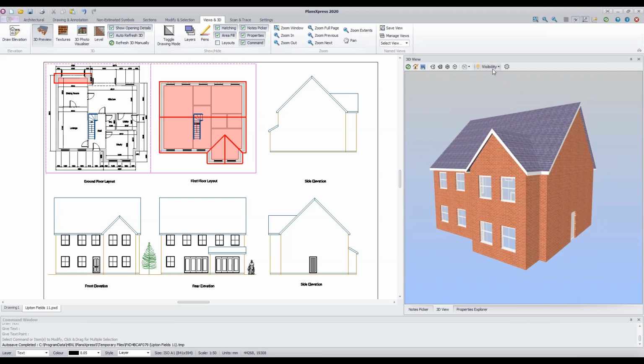If you want to take your 3D modeling to the next level, then of course we also have our 3D photo visualizer. This is included as standard with the PlansXpress Premium edition. So if you have that 3D photo visualizer tool available, on your Views in 3D tab, if you click 3D photo visualizer, that launches an add-on,